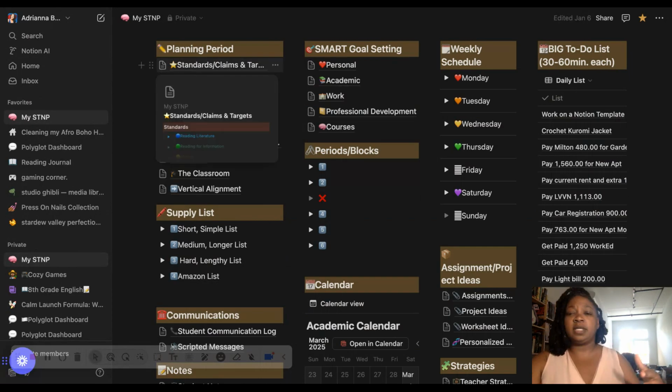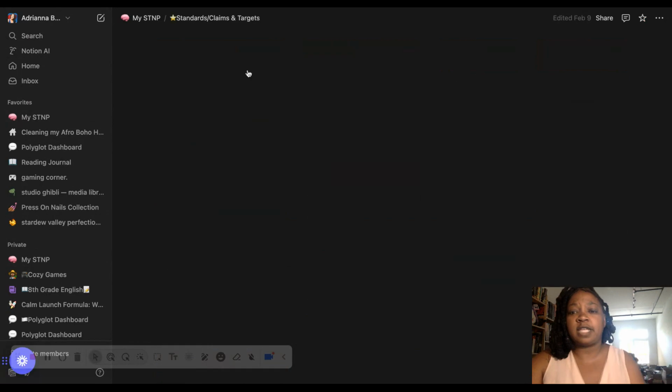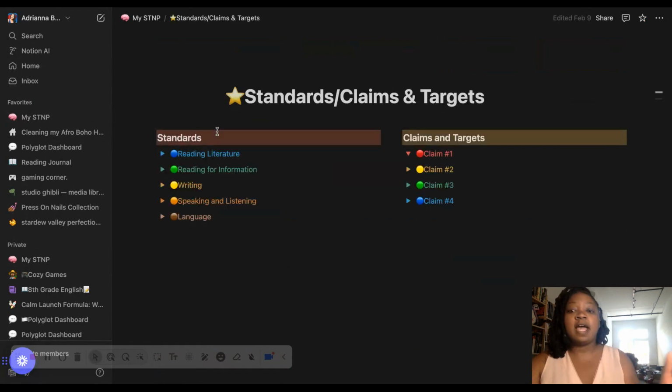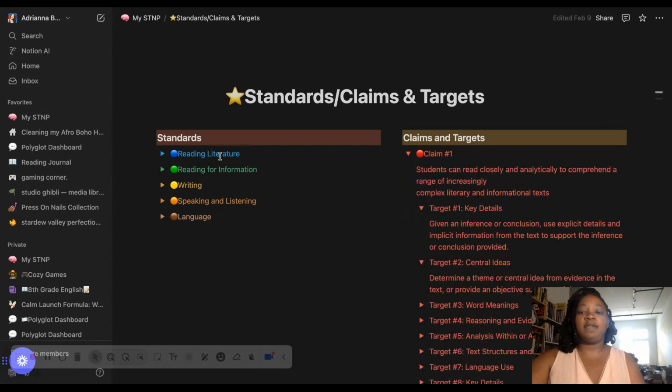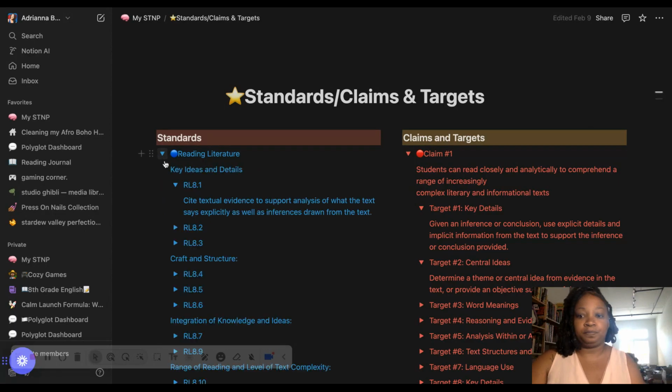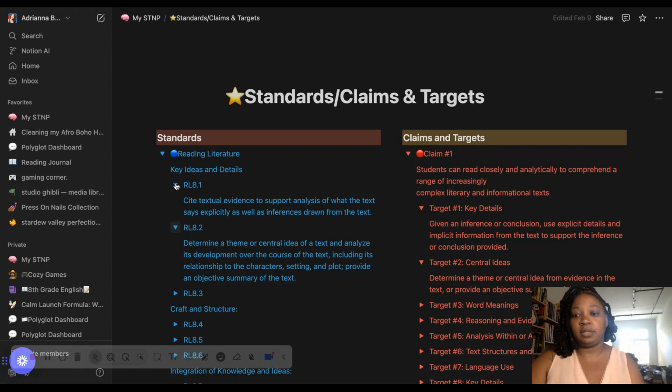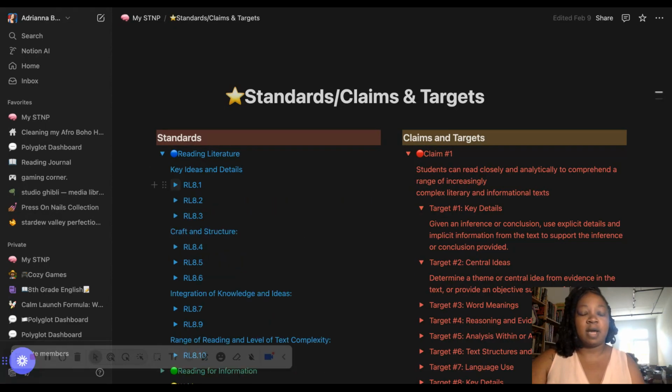Very quickly, I'm going to go over the standards, claims, and targets before I show you the instructional tools I use. So I have it separated into two columns, and all of the information is toggled, meaning it's kind of hidden under an arrow for me to expand it as I need to see it, even down to the actual standards. So I use this as my go-to for planning, but I also create activities for students